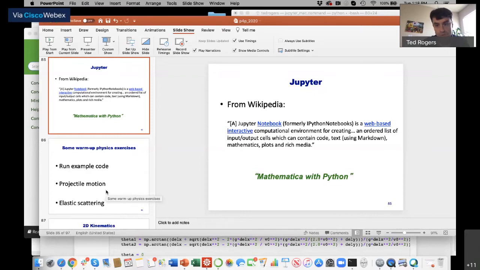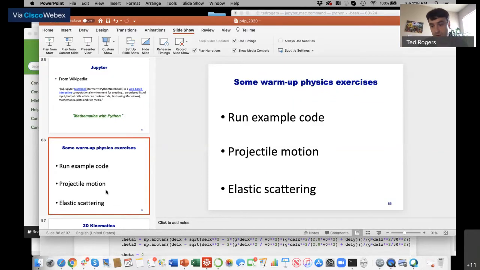And now we're going to get into doing some actual projects together. So I'm going to ask everybody watching to start trying to do their own thing, and we'll be here to help out. Okay? So I've got a few suggestions for some warm-up mini projects. They'll be especially good for those of you who had at least a little bit of physics, and maybe some of this will be familiar to you.